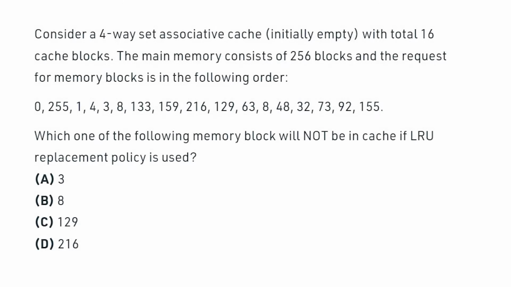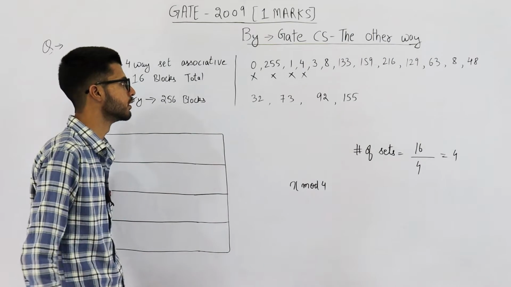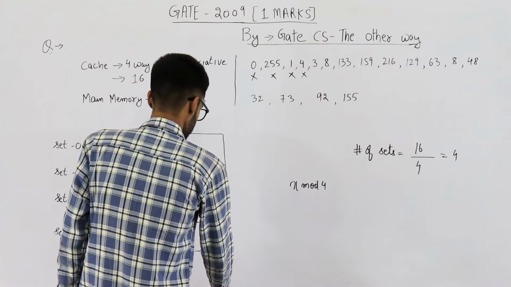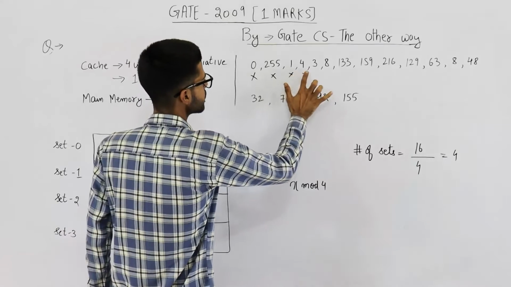Consider a four-way set associative cache initially empty with total 16 cache blocks. The main memory consists of 256 blocks and the requests for memory blocks are in following order. Just have a look at this sequence. Which of the following memory block will not be in cache if LRU replacement policy is used? Okay, so let us find out which all blocks will be there in cache after all these blocks are accessed